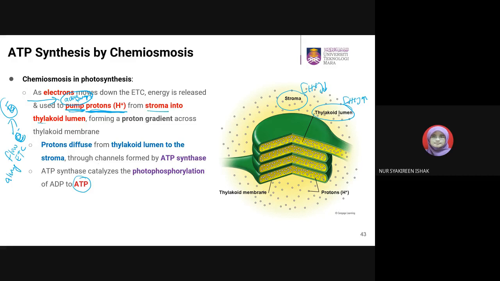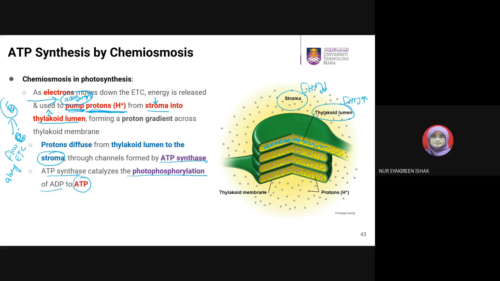from stroma into the thylakoid lumen. Stroma low concentration, thylakoid lumen high concentration, from low to high concentration. So it is active transport. Okay, forming a proton gradient across the thylakoid membrane. So once there is a high concentration of hydrogen ion in the thylakoid lumen, okay, so what happens next is that proton will diffuse back into the stroma through ATP synthase, and the ATP synthase catalyzes the photophosphorylation of ADP